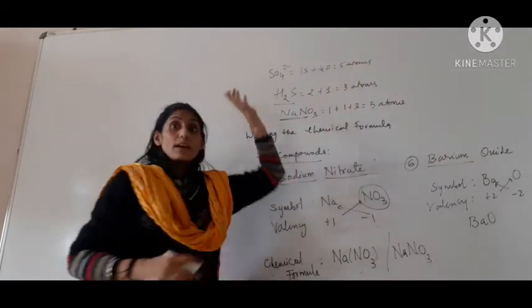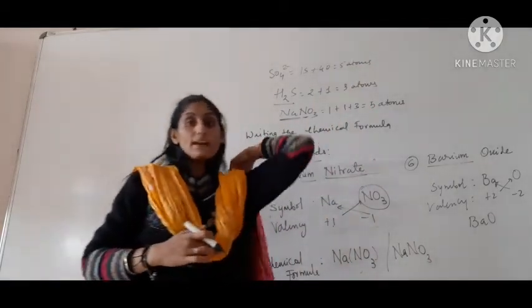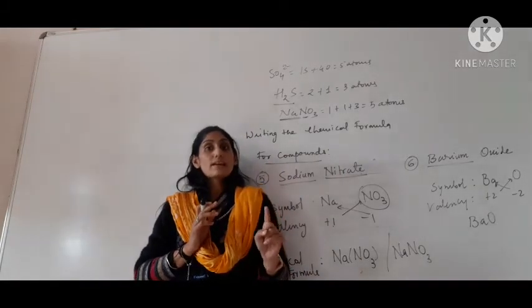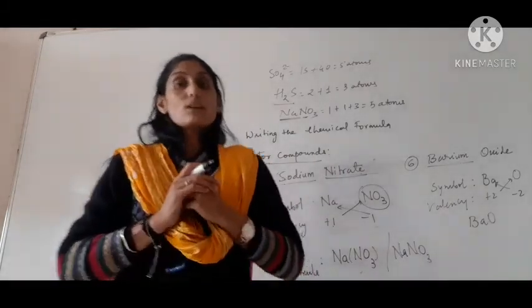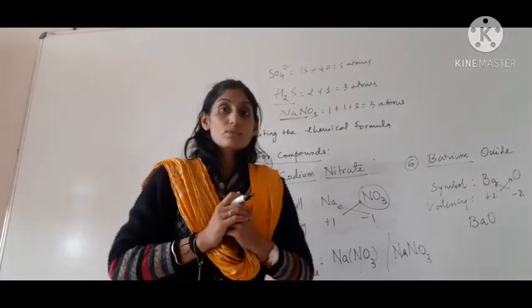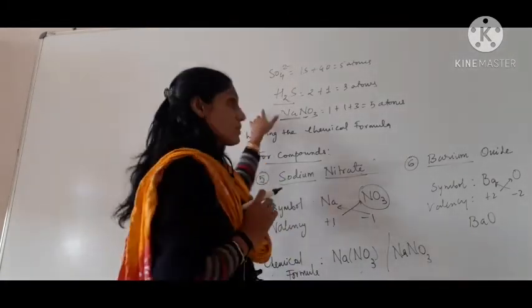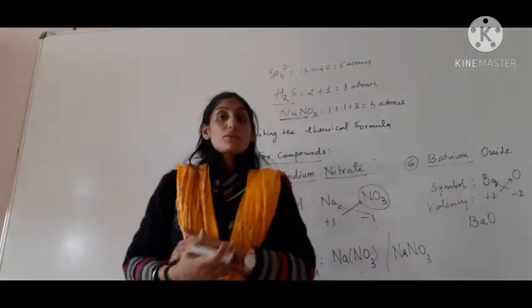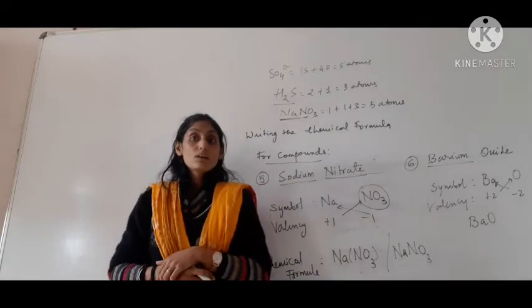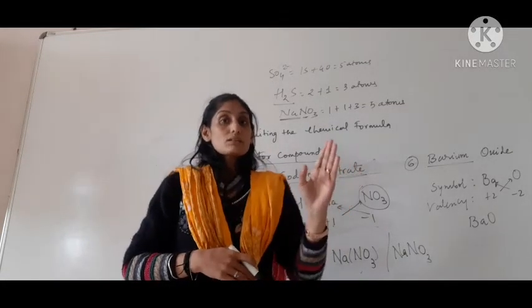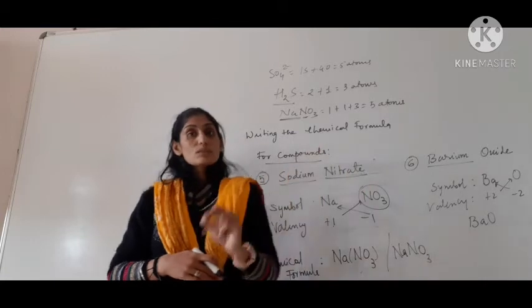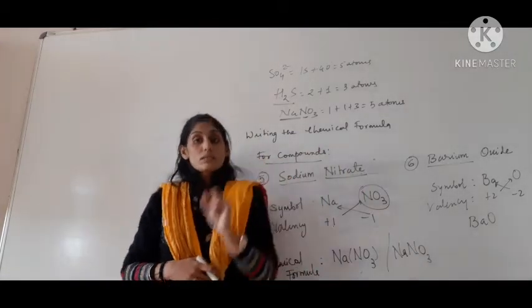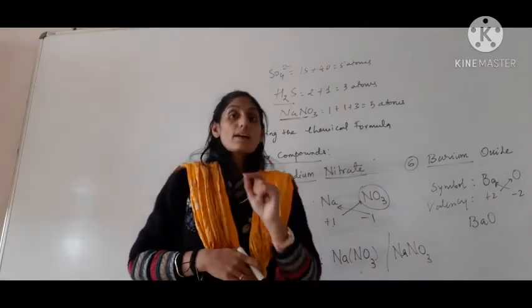So this is also going to be asked in your exam, to find out the total number of atoms. What you have to do is count the number of each element and then add them up to find the total. This is how to find the total number of atoms present in a molecule. Now, for the chemical formula, you need to know the symbols of the elements. If you know the symbols, only then can you write the chemical formula. Without the symbols you cannot write the chemical formula.